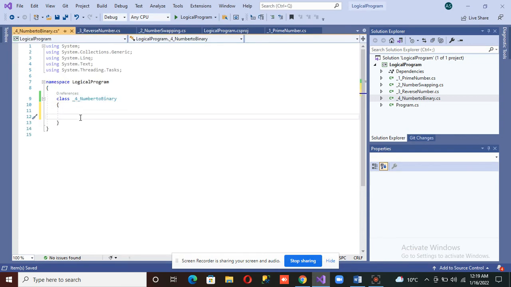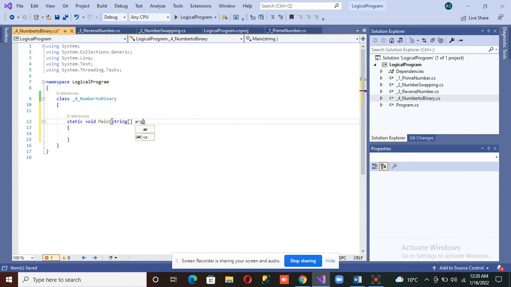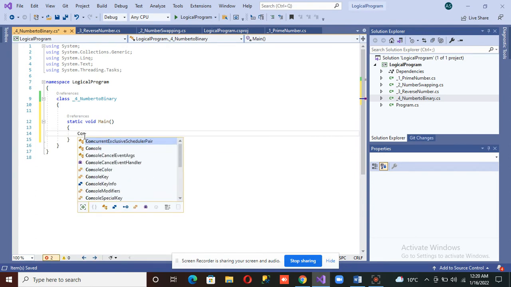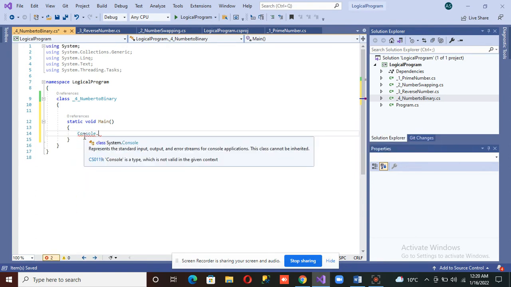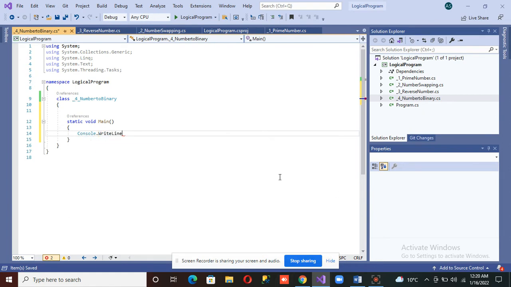So first of all, we need to make a static void main. If you want, you can pass a string array with a variable, or you can skip it. First of all, what we want to print, we just ask the user to write a number: Console.WriteLine, enter the number.